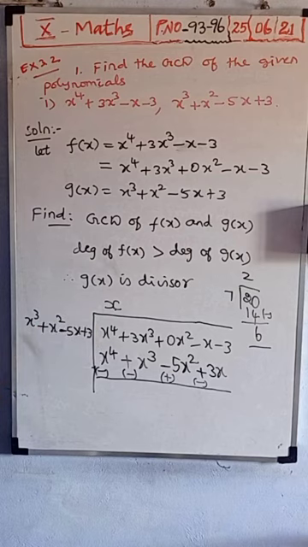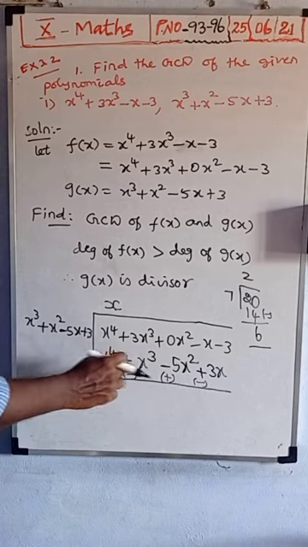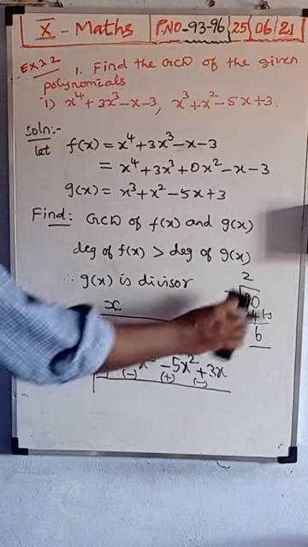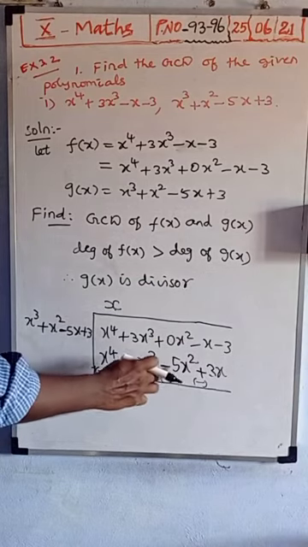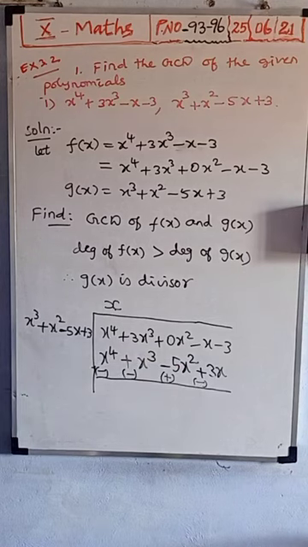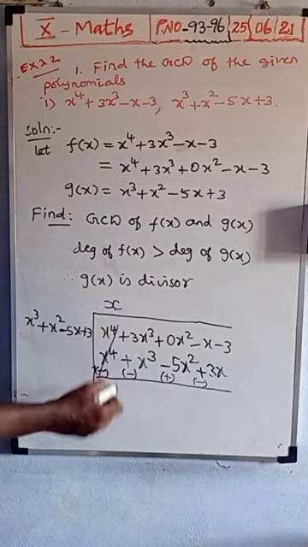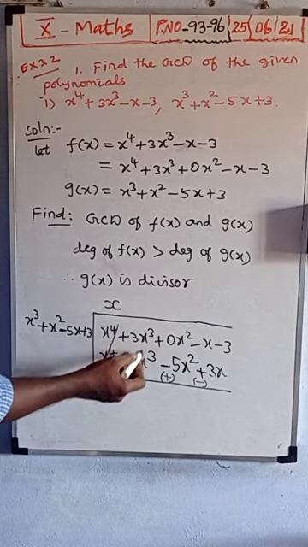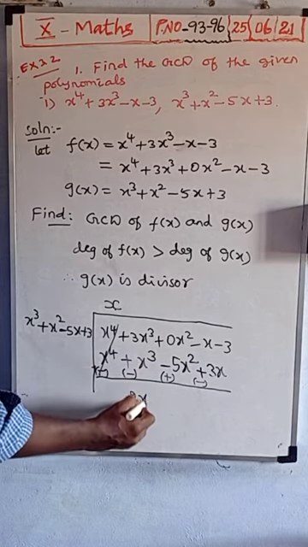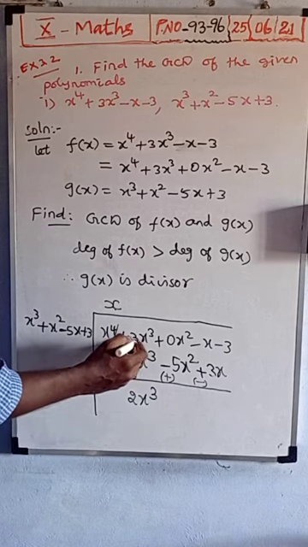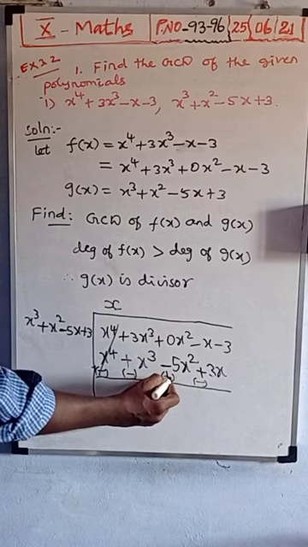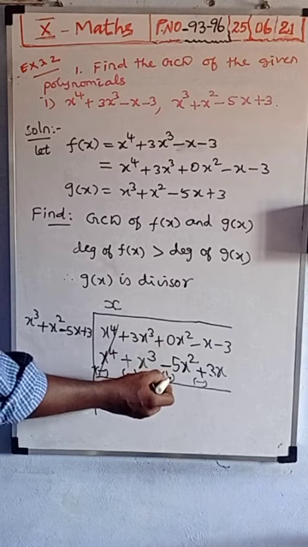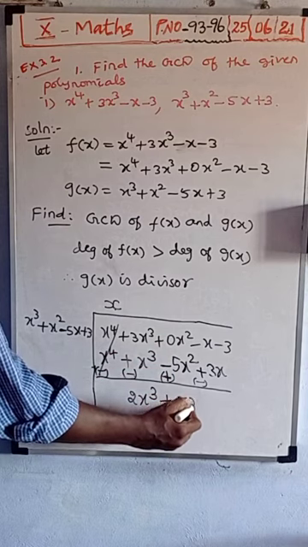It is the same procedure, but here there was only one term, and here four terms are there: 1, 2, 3, 4 terms. It means the symbols of all four terms have to change. While changing this, plus becomes minus, minus becomes plus, plus becomes minus. After changing, the first term automatically gets cancelled. Next, 3x cube minus x cube gives 2x cube. After changing the symbol, 3x cube, 1x cube go, means 2x cube. Next, minus 5x squared changes into plus 5x squared, so 0 plus 5x squared.